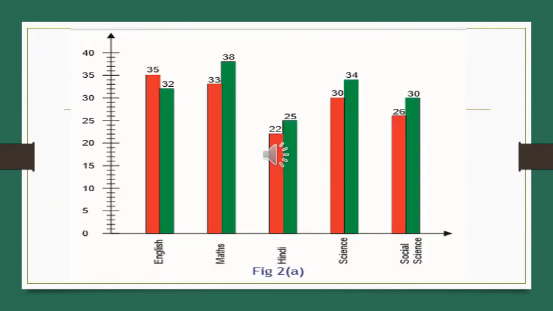Now, as soon as you cut the strips according to the marks, on the graph paper you have to write down your own scale and paste the graph as shown in the figure. Red color shows the first term and green shows the second term marks. So in this way you have to finish your activity and then paste this graph on the activity sheet. Don't forget to write the learning outcomes as soon as you finish the activity.